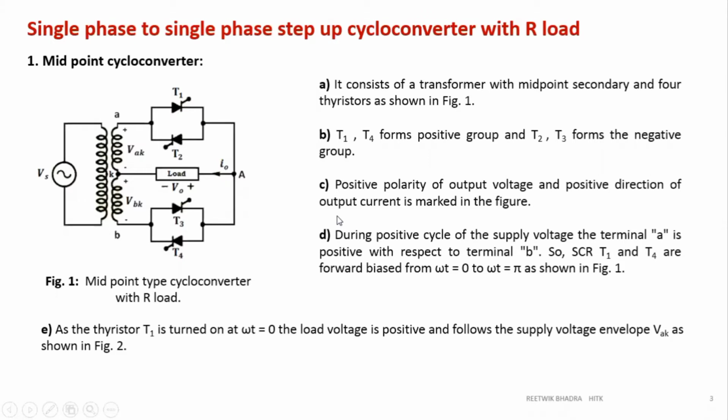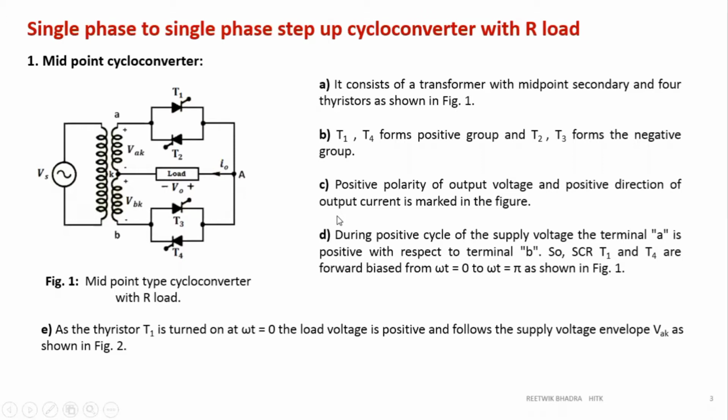These midpoint and bridge terms you might have heard while doing rectifiers. A rectifier can be bridge type also, where there are 4 diodes. I'm just making a review of that. You remember your bridge type, how 4 diodes were used. Sorry, not thyristors, you have read diodes; we'll study thyristors later. In a midpoint rectifier, 2 diodes were used. So that is how we classified midpoint and bridge type converters.